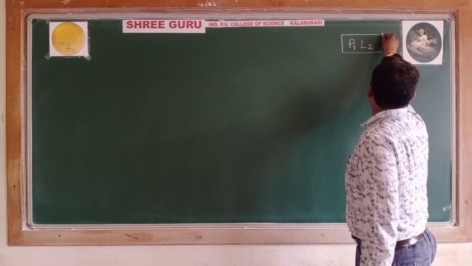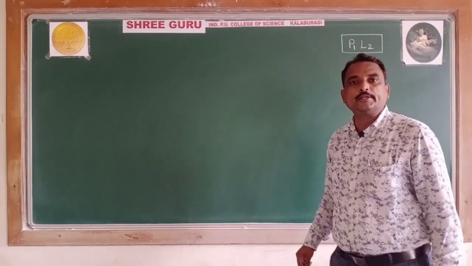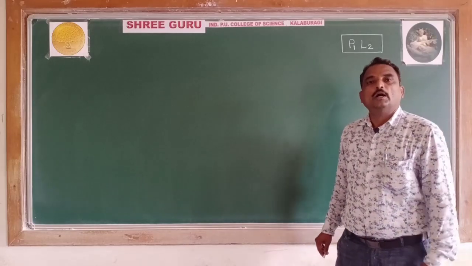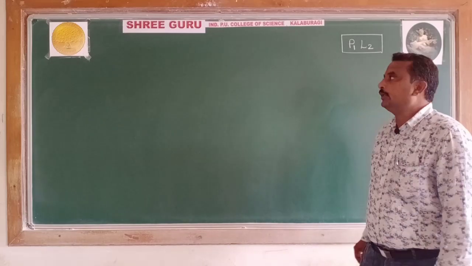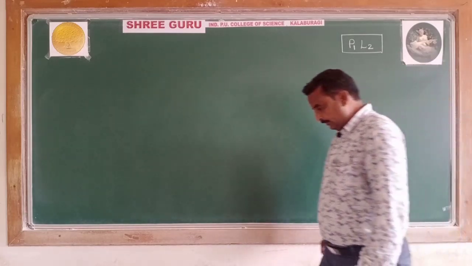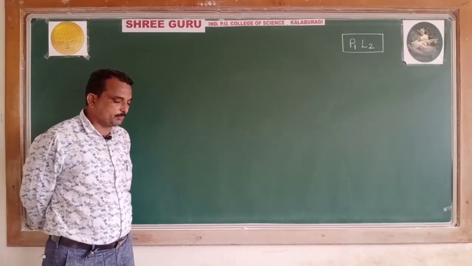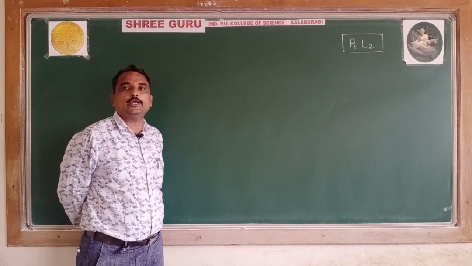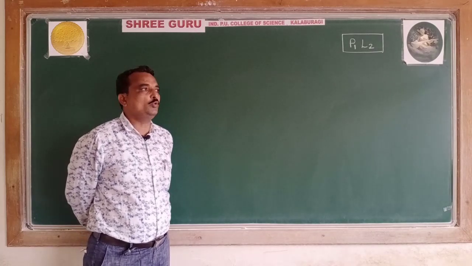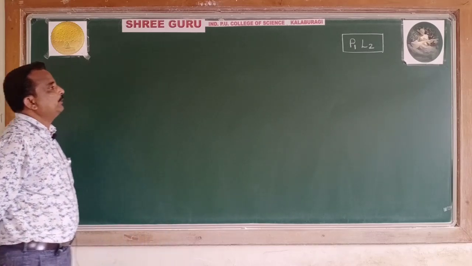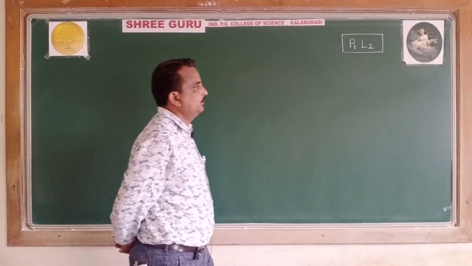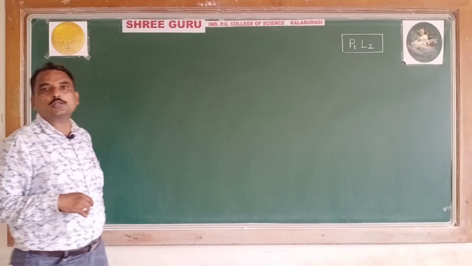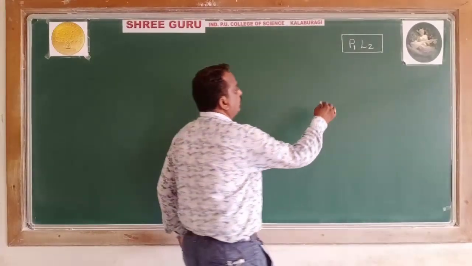In the last class, we discussed the introduction of trigonometric functions, and in the first chapter, measurement of an angle. We started conversion of radian to degree and degree to radian in the previous class. Some examples we have converted here. So I recall for the students here: convert degree to radian and radian to degree.